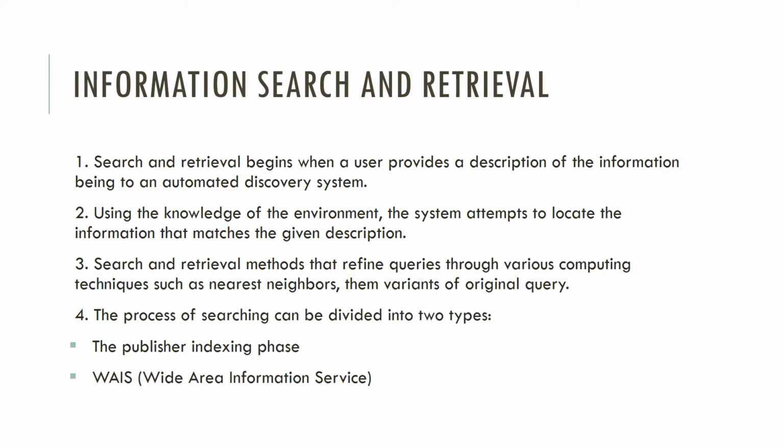Information search and retrieval. Search and retrieval begins when a user provides a description of the information being sought to an automated discovery system. Using this knowledge of the environment, the system attempts to locate the information that matches the given description. Search and retrieval methods refine queries through various computing techniques such as nearest neighbors, then variants of the original query. The process of searching can be divided into two types: the publisher indexing phase and WAIS, that is Wide